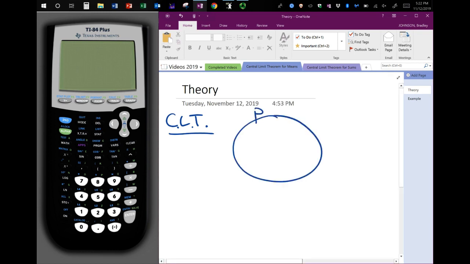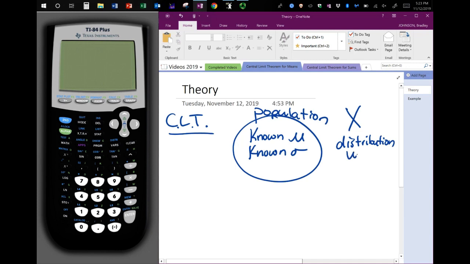We will start with a population. A population represents all that we are interested in. Now, we will have a known mean and a known standard deviation, known mu, known sigma. It'll be given to us from the population. The population we could denote as a big X, and the distribution